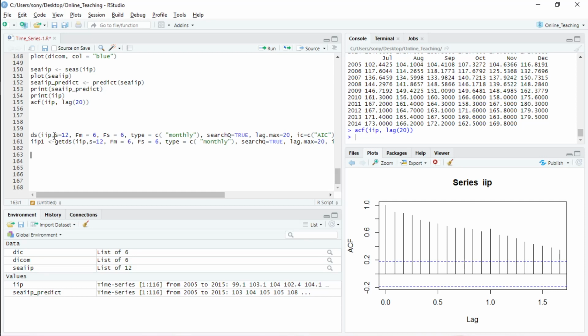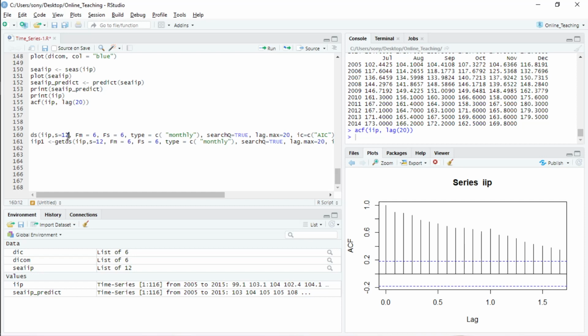Since ours is a univariate time series and only one series is there, I am writing this. You can write it directly as IIP. Then this is the time period. Ours is monthly data, so I am writing the time period as 12.